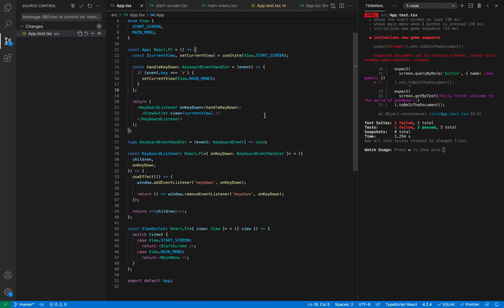So let's go back to our app and stage our test, because our test is written correctly, at least we think it is. Sometimes you write a test and there's a bug. That's okay. You just fix the test. You'll know that it's a bug in the test because you're 99% sure your code is correct and your test is failing. Anyways,